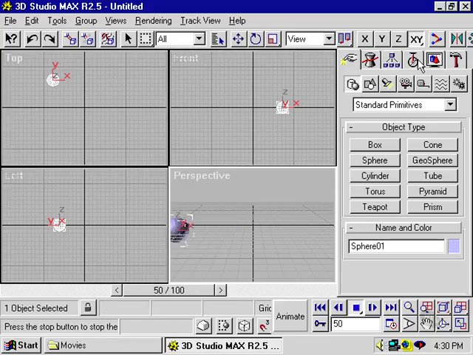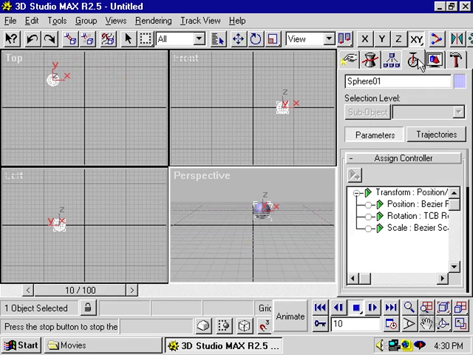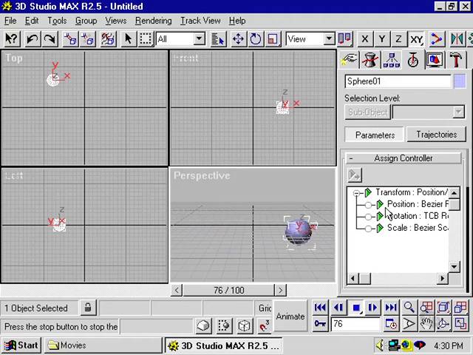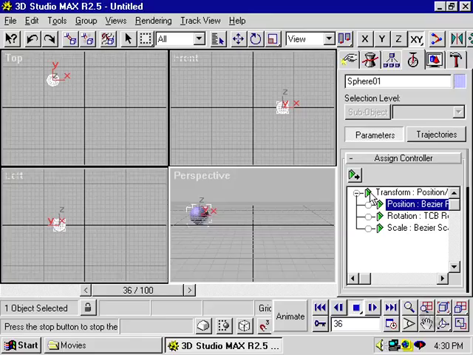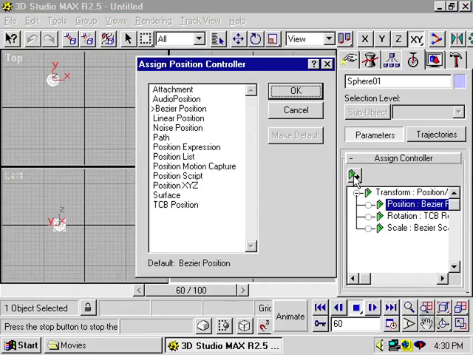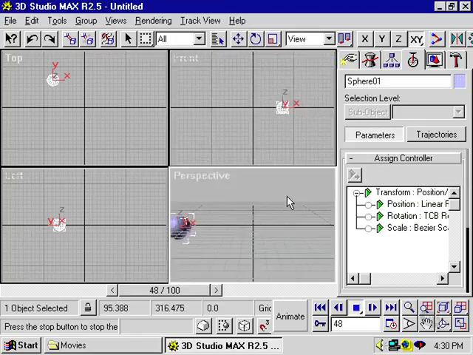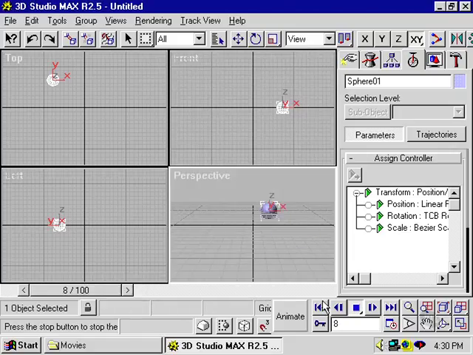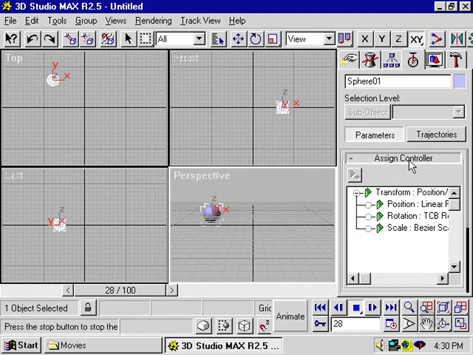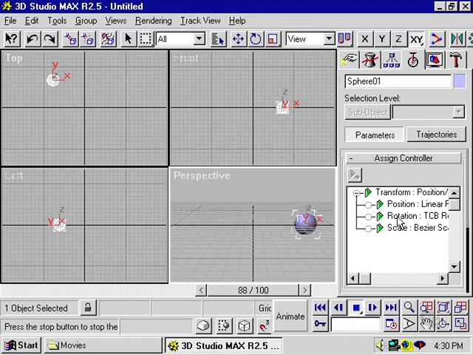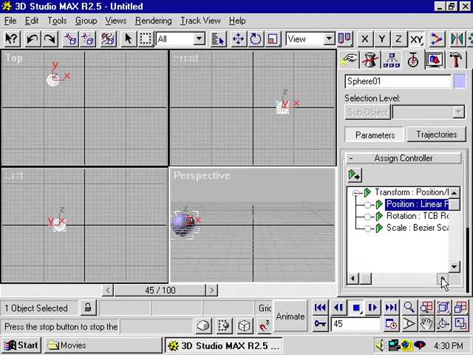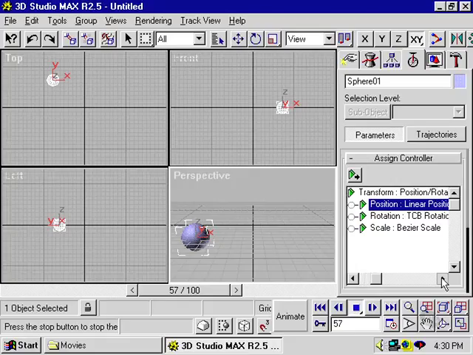If I click on the motion panel and I go to assign controller, I can select the position and assign a controller for linear position. Now this will linearly interpolate. In other words, move in a straight line between these points. You can see that it's doing that now. And under the assign controller rollout, you can see that the position is now a linear position